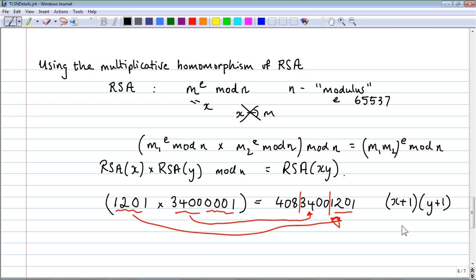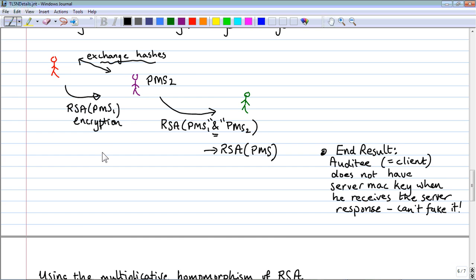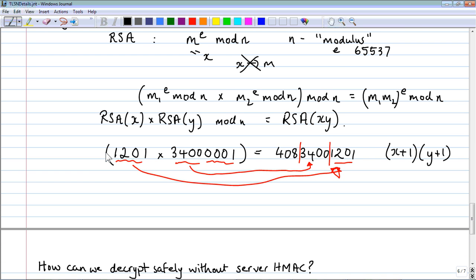So that mathematical trick is critical, because what it allows us to do is to achieve the result desired here, which is that the auditor can send to the auditee the RSA encryption of something like, so how would it work here? It would be something like RSA, which way round do we do this? Well, it doesn't really matter. Let's say the auditor sends that, and the auditee takes that. Now, he doesn't know the number because it's RSA encrypted, but he takes that and he multiplies it by his RSA encryption of this little thing here, and he gets the RSA of something